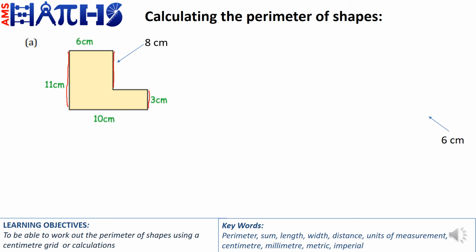The second missing length is indicated by the arrow where it says 4 centimeters. Again, the horizontal length